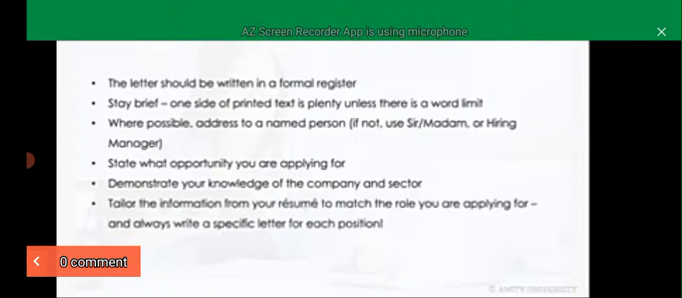And then also tailor the information from your resume to match the role you're applying for. And always write a specific letter for each position. It's possible you could use the same resume or CV for multiple posts, but you should write an individual letter, or at least have a default boilerplate standard letter for a particular role, and then change it for each particular